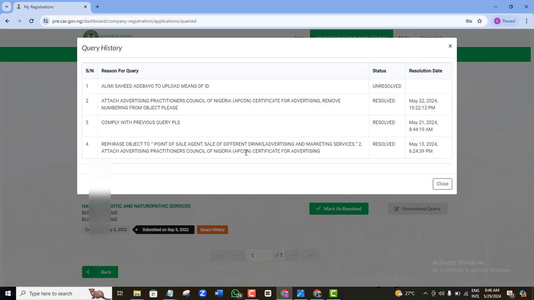What they are actually querying here is that this person did not use the right statement or the right description for the nature of business. Like I used to tell people, the more grammar you speak, the more tendency you're going to have issues with CAC. As much as possible, you want to keep your English simple and keep them in simple words. For example, you don't need to add big words like consultancy, because if you add a consultancy service, when you want to register a business name, CAC will almost want to tell you to register it as a company instead, and then they are going to query it.